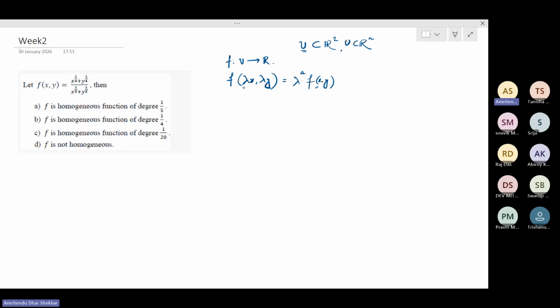And of course, this is subject to the requirement that if (x, y) belongs to the domain U, then for any scalar lambda, (lambda x, lambda y) also belongs to this domain U. In other words, and this is just another way of saying it, is that U must be